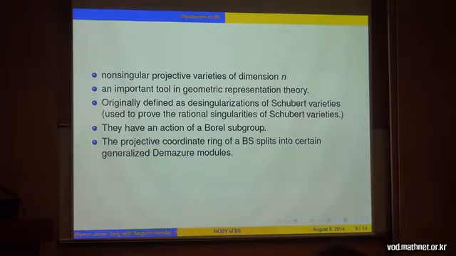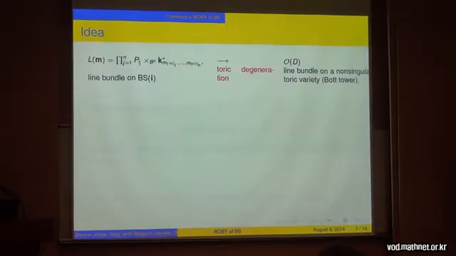For example, they have an action of a Borel subgroup, and also the projective coordinate ring splits into certain generalized Demazure modules. So a Bott-Samelson variety is sort of easy to work with because it has nice coordinate systems. So finally, we want to construct a Newton-Okounkov body of a Bott-Samelson variety. In general, it's not easy. The computation of a Newton-Okounkov body is not a simple job. But we were optimistic because a Bott-Samelson variety is combinatorial and algebraically somehow